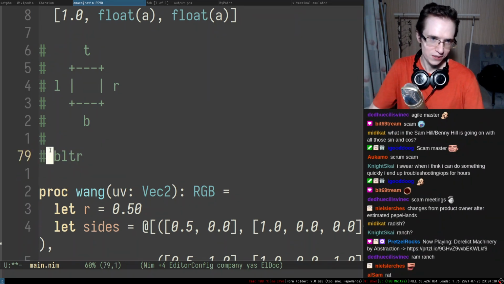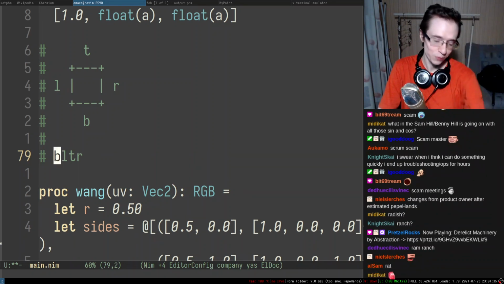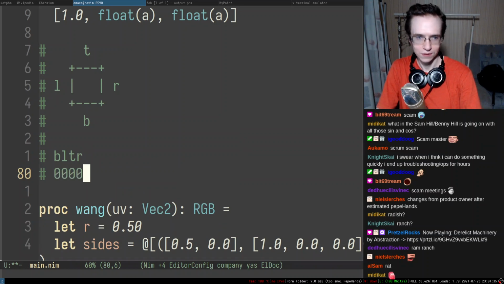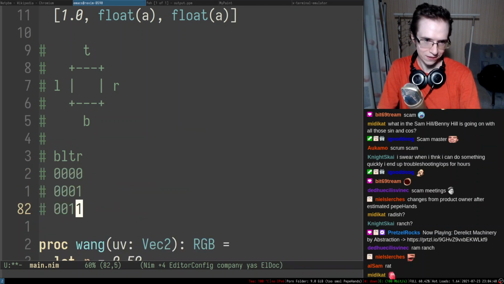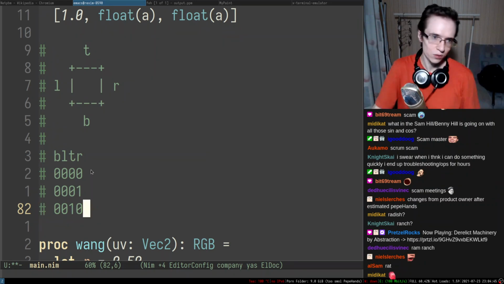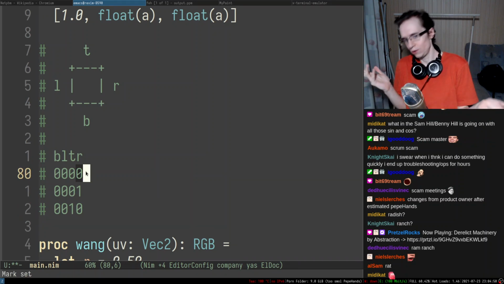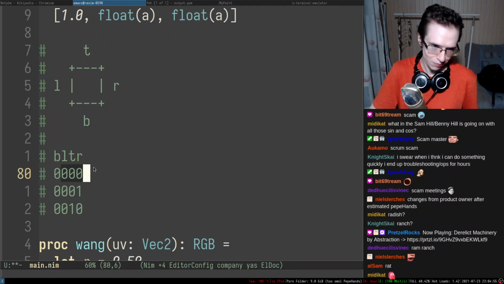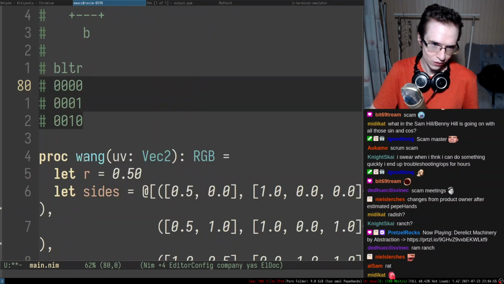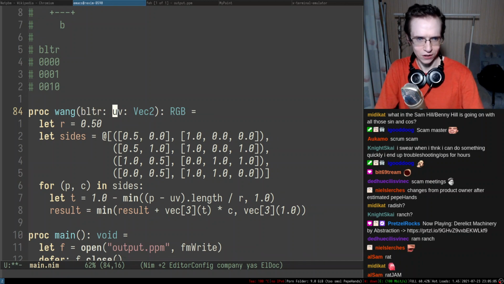So BLTR. So that's the sandwich we're gonna have in here. Cool. And yeah, so basically bits in this specific mask represent the color. Since we're doing Wang tiles with 2 colors, 0 is going to be, let's say, yellow, and 1 is going to be maybe magenta, right? And based on this mask, the Wang thing should generate things accordingly. So maybe we're gonna accept it like this. I really want to accept it as BLTR. I think it's a pretty good name for a variable, right?